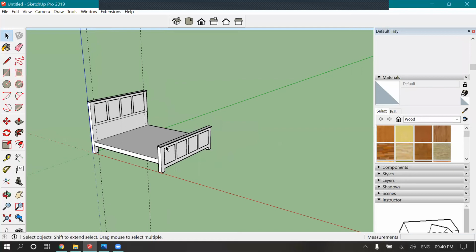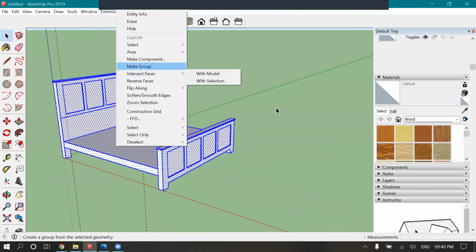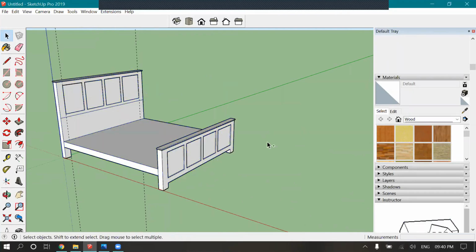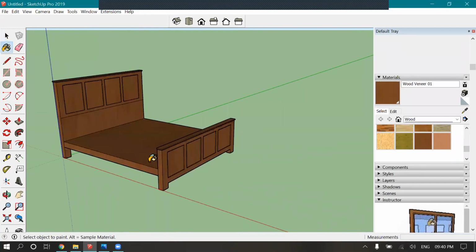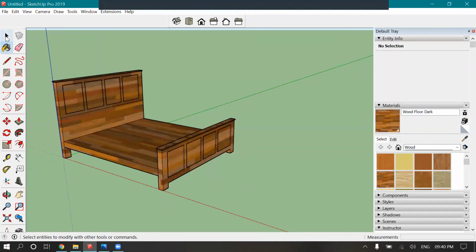So group, oops, sorry, these lines will also be grouped. So let's group them and then choose a color and apply it. This looks horrible, okay.